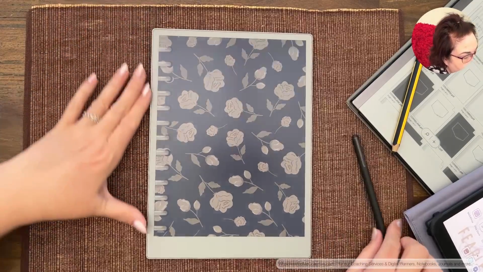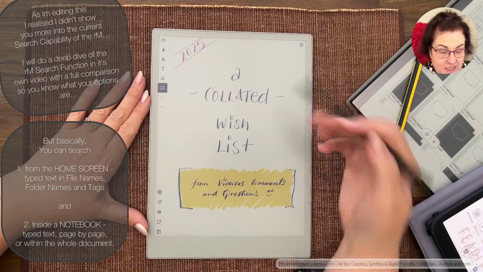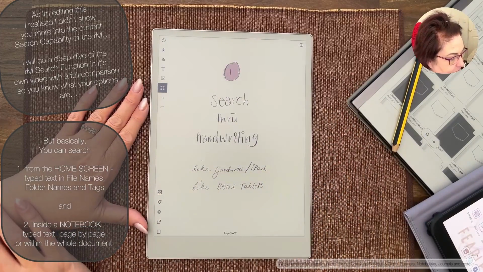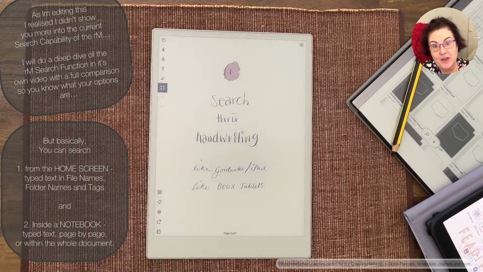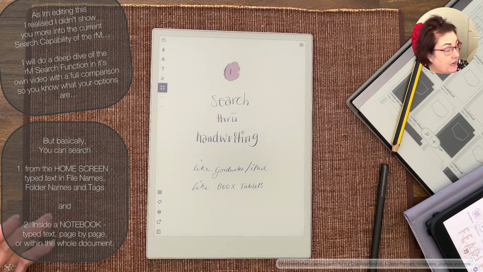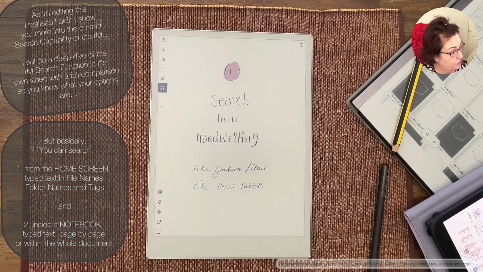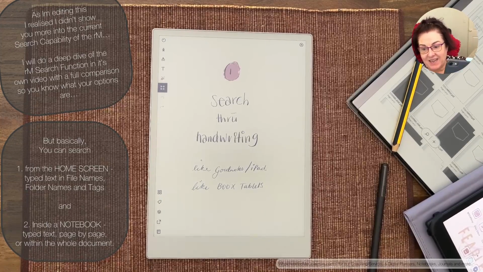All right, so it's a collated wish list. Here we go. Number 1, search through handwriting. So this would be the biggest thing I get asked and I troubleshoot and problem solve for, is searching for your handwriting. You currently can't do it. You cannot search through your handwriting. Now I can get searching through my handwriting on GoodNotes, which, just give me 1 second and I will show